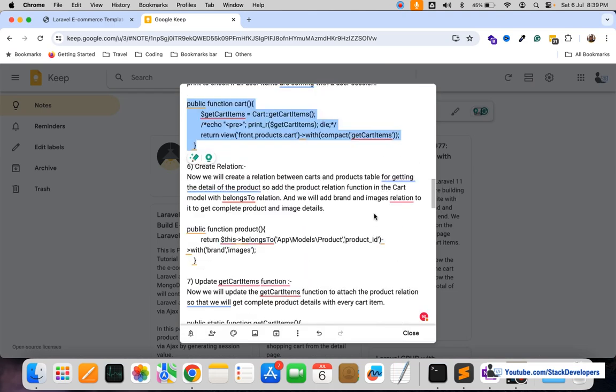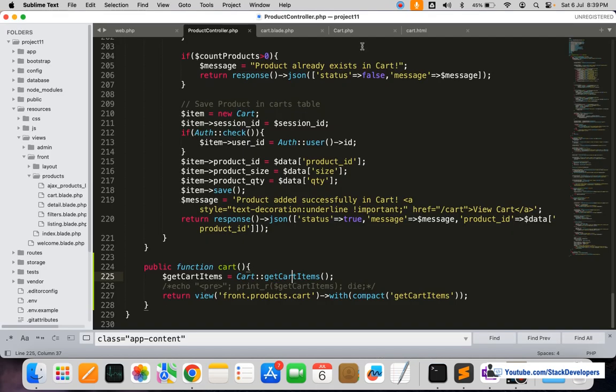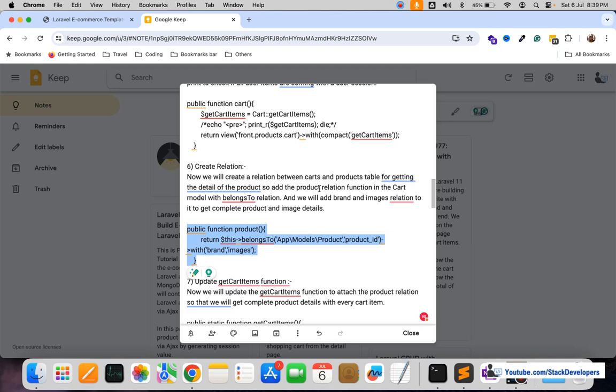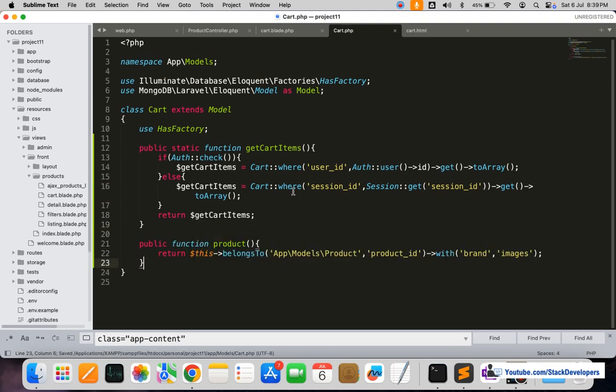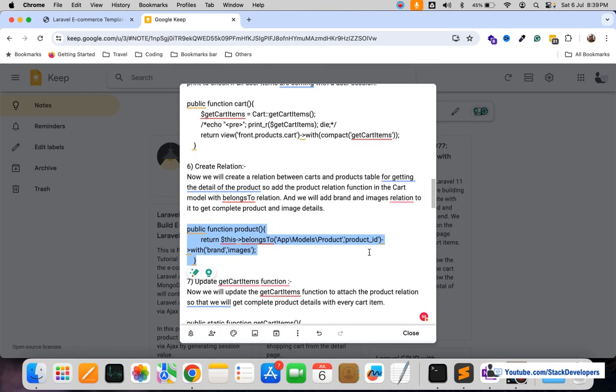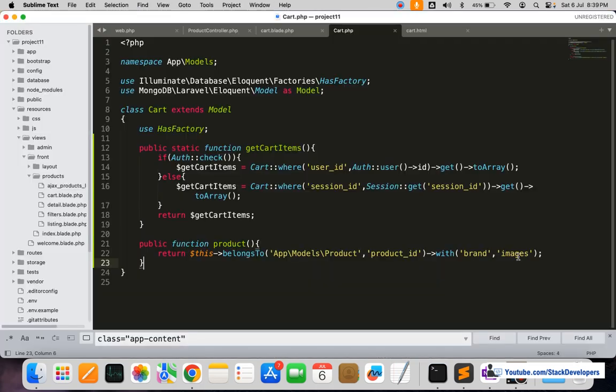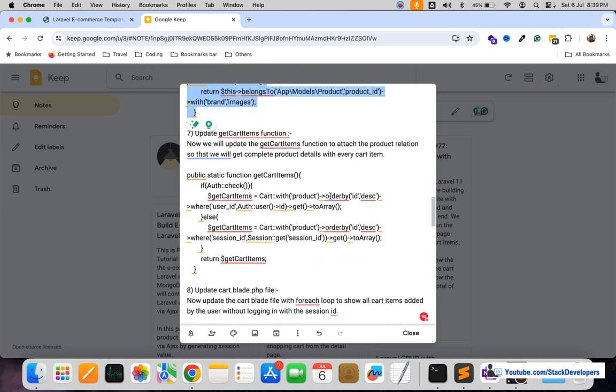But before that, we will add a few relations. See, not only the card item, we will also fetch the product details of every card item. So for fetching the product details, we will create the belongs to relation with the product. Okay, so this relation we are going to add in the card model as well, so that we are able to fetch the product details. And also we will be able to fetch the brand and images detail under the product, so that we can show the brand as well as the product image